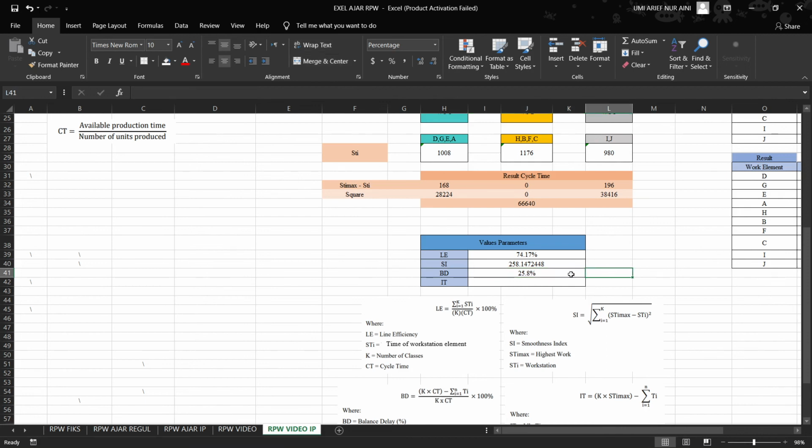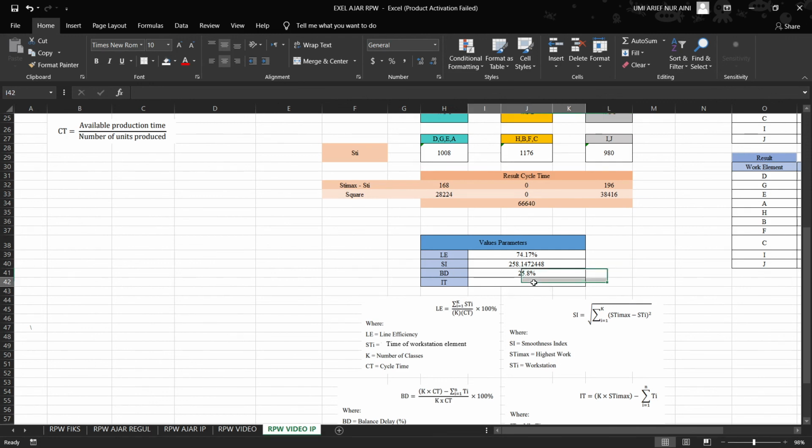So if the LA parameter and BD parameter use the correct formulas or the correct calculation, you can check the sum, or the total, of LA plus BD. Okay, if we get 100%, the calculation of LA and BD is correct.